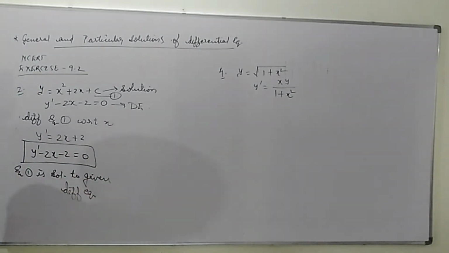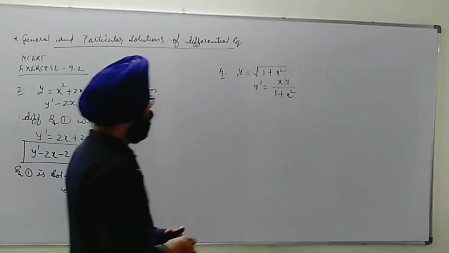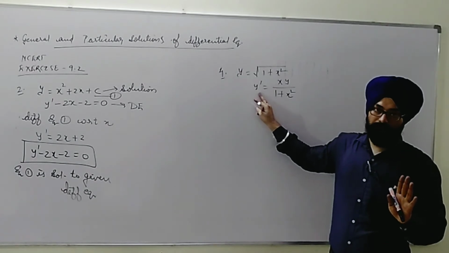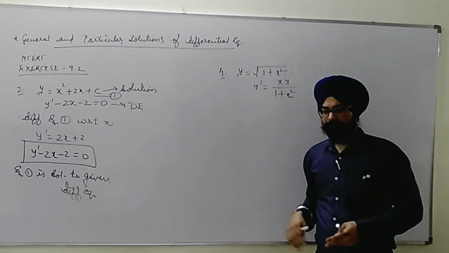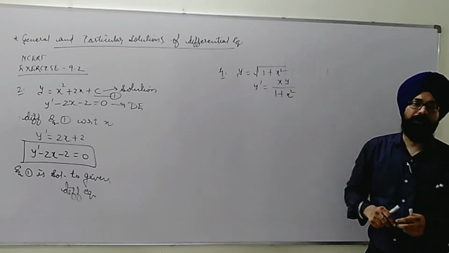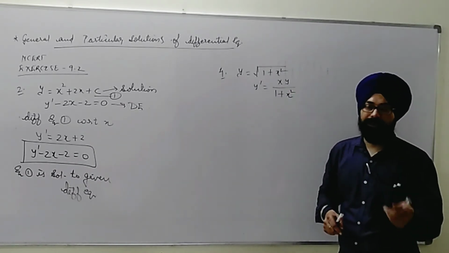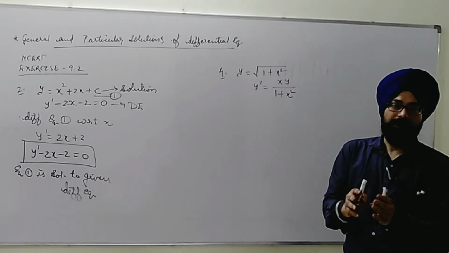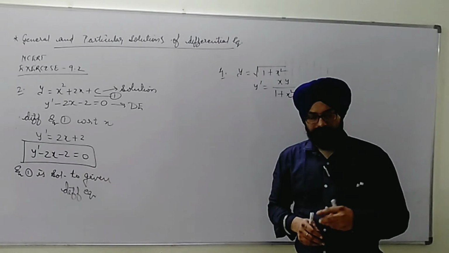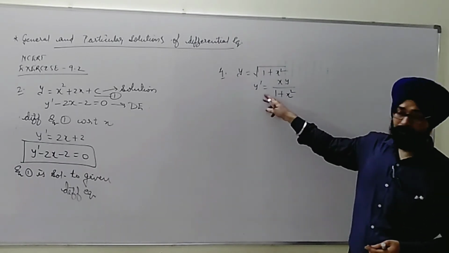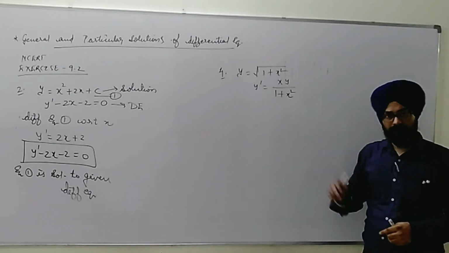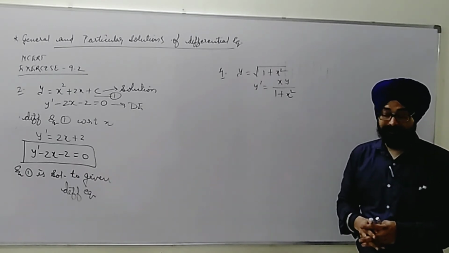We go ahead with question number 4 now. Again we are given y dash, meaning only order 1. Additionally, I will speak here. Whenever you are given an equation of order 1 and degree 1, this is the simplest form of differential equation. We will see further exercises based on such equations only, order 1 and degree 1, whenever we are going to find a solution. Such patterns only we will discuss.